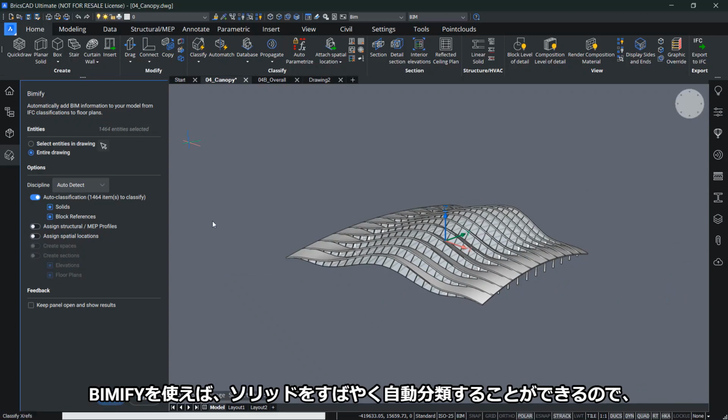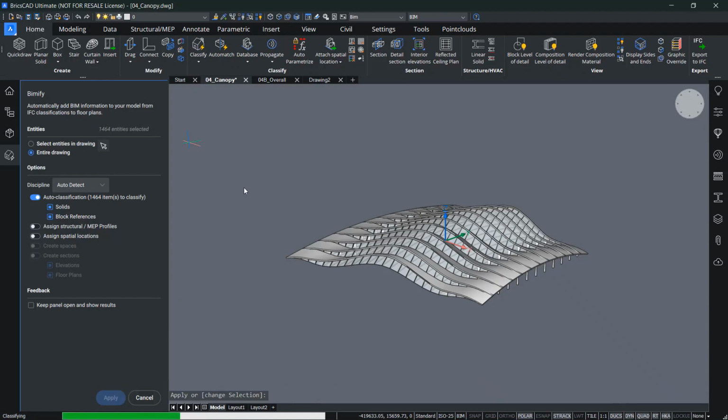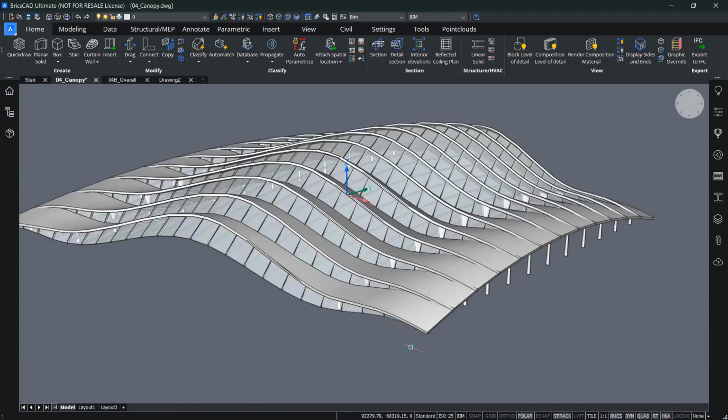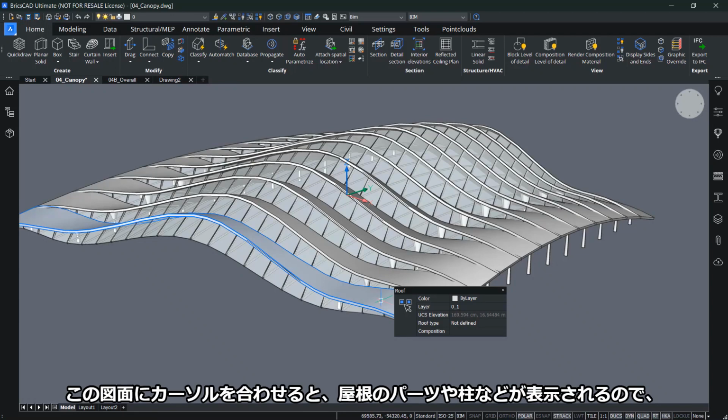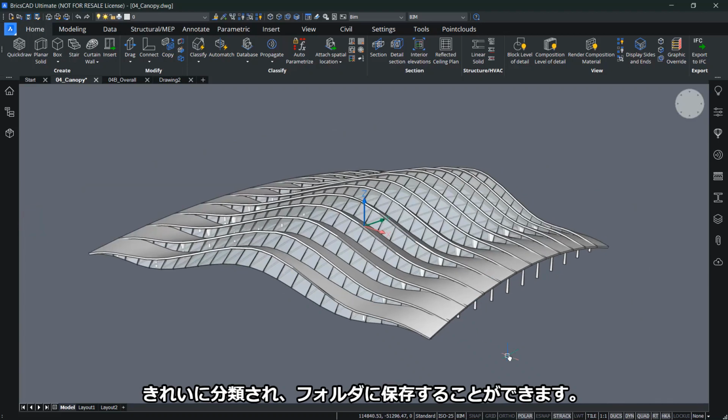So if I apply this to my drawing, it should give me some more classifications. If I now hover over it, you can see I have some roof parts, I have a column, and so on. That looks pretty good and classified, so I can save that